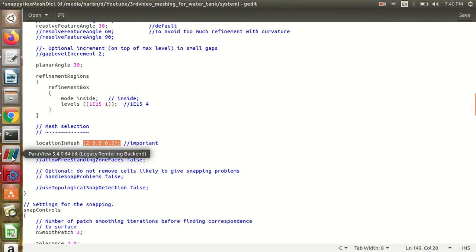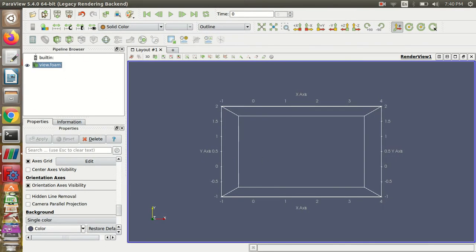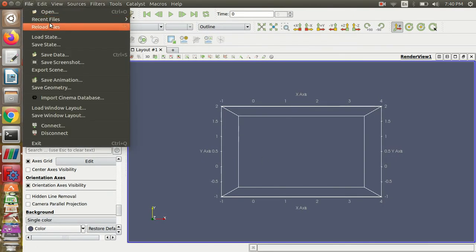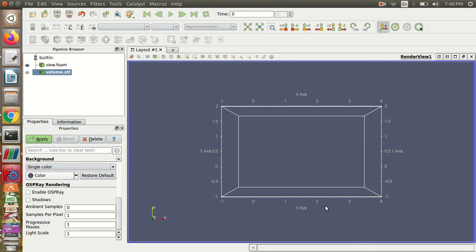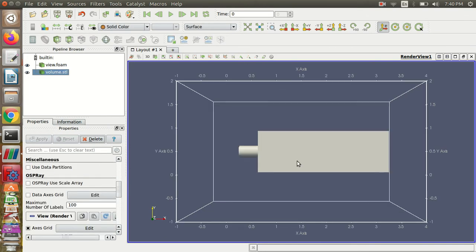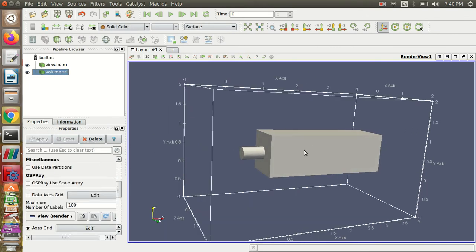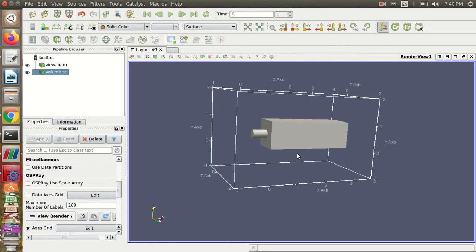I'll load it once again for you. It is going to be somewhere inside this object. You want to do the meshing for this object, right? So you need to keep the location in mesh point somewhere inside this geometry.